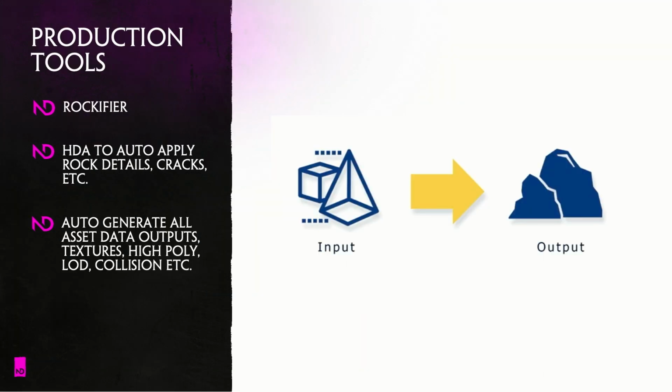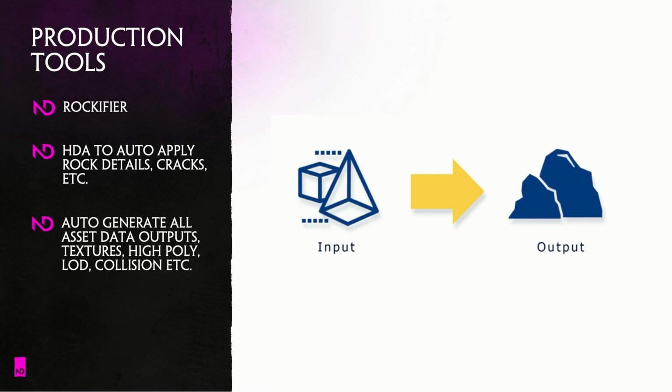Another thing that we also did for the project was the production tools. And we had something that I like to call the Rockifier. Basically, it takes any form of geometry as an input, and then it spits out a rockified version of it. This input could be anything from an FBX or an OBJ, or in our case, we directly input Unreal Engine geometry